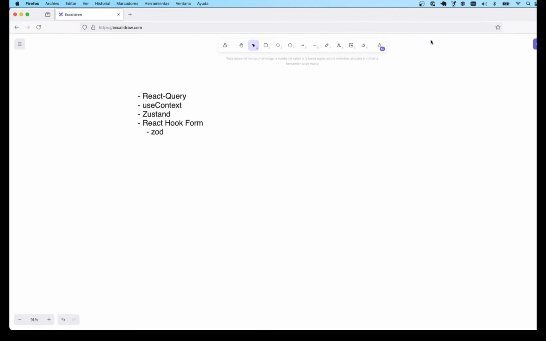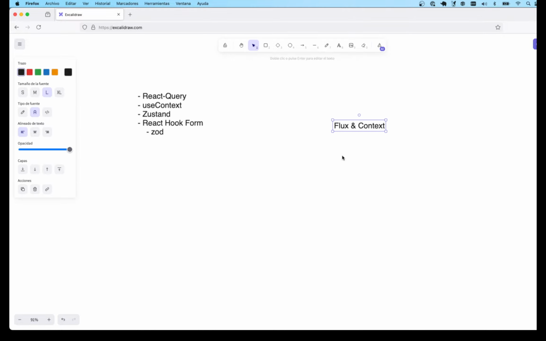Okay. So this is today's class. Last class, I remember the last thing that we learned was about React Query, and usually what we have for this class is just the context and flux, right? So in the lesson you will see something like flux and context. Okay. Now we can discuss what flux is, and of course we're going to see context because context is something